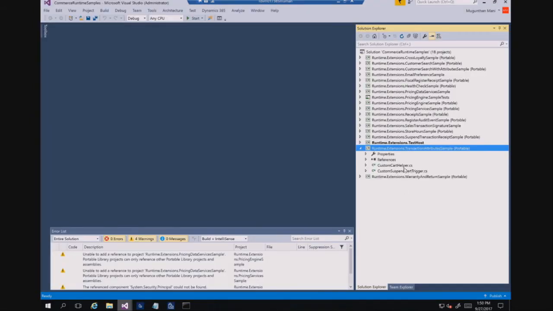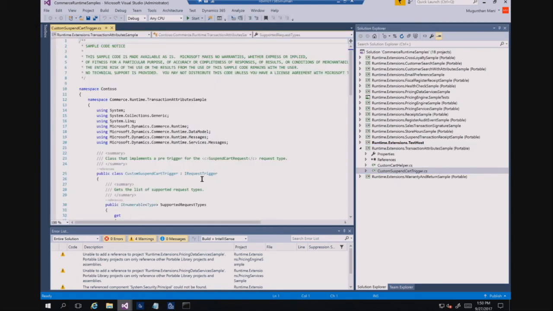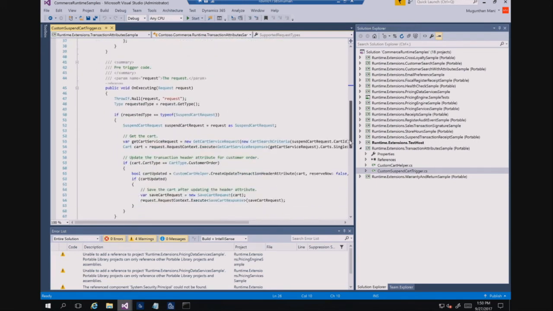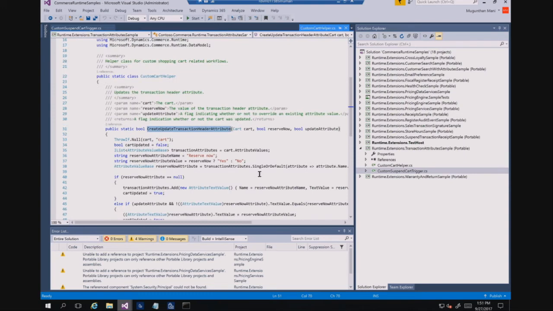So for an example, the transaction attribute, we want to set a transaction attribute, right? After I suspend the transaction, I want to set some attributes. So you can extend one of our CRT triggers here and then set the logic here. For example, whenever suspend is called, this trigger will get executed, and then it's going to say, hey, I've set the transaction attribute. So on suspending the transaction, I can set some attribute values, yes or no. You can do it through code also, or do some more business logic.